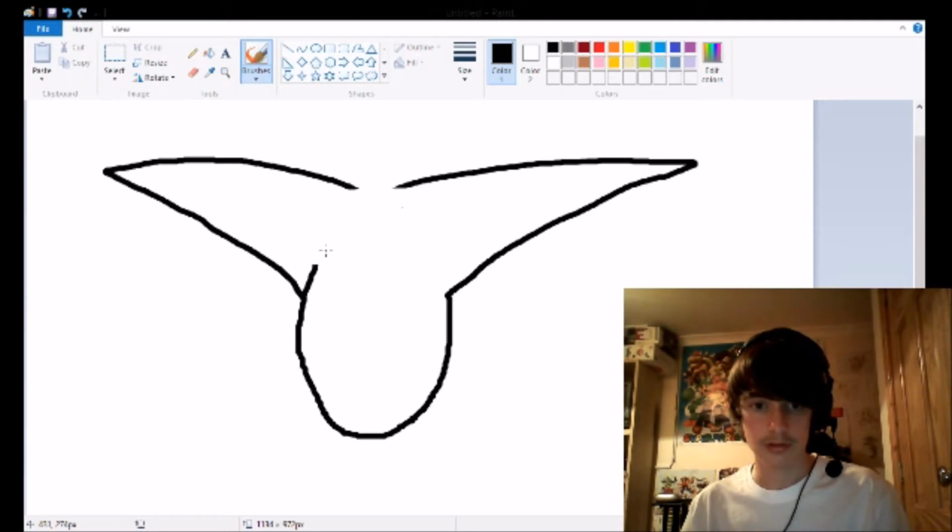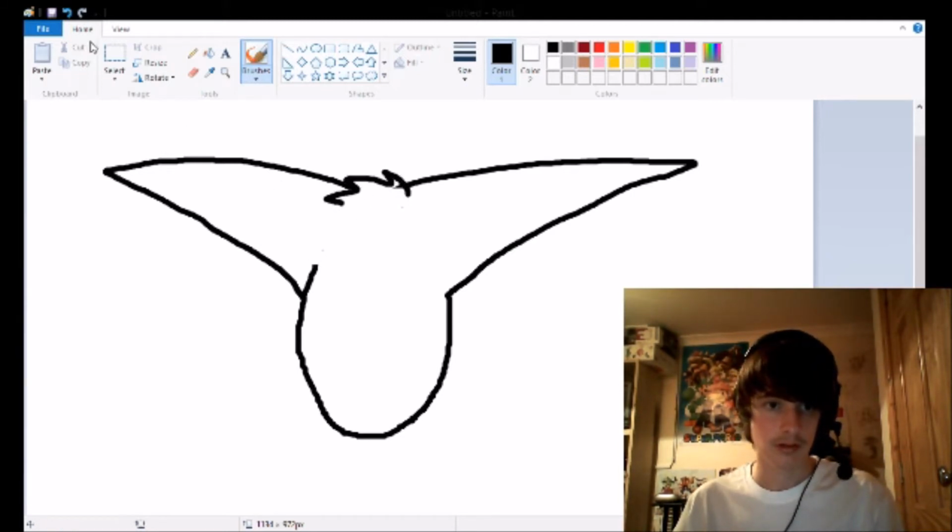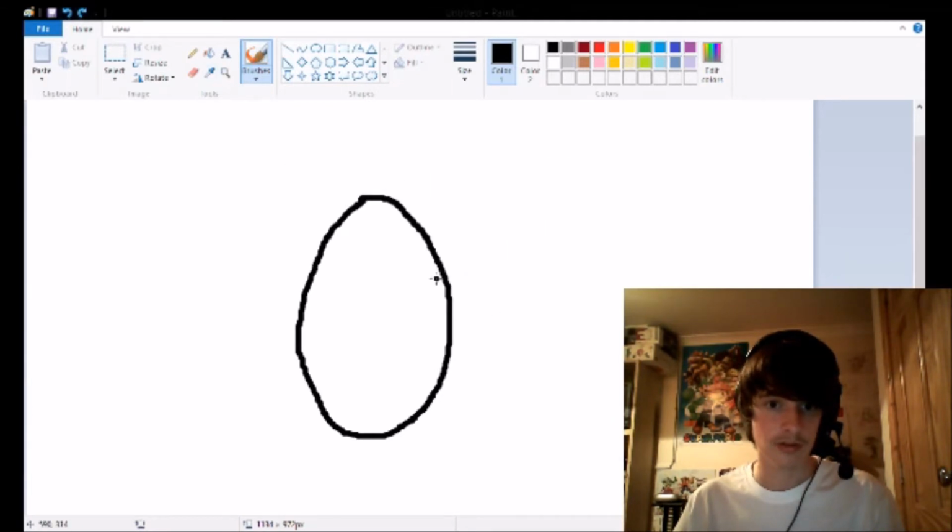So, yeah, what you do, draw his hair. Actually, no, his ears are kind of weird. Let me do that again. Anyway, folks, as I was saying with Lenn,